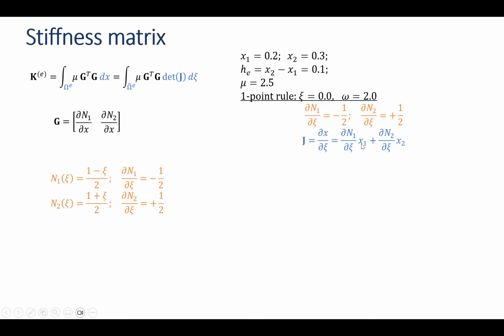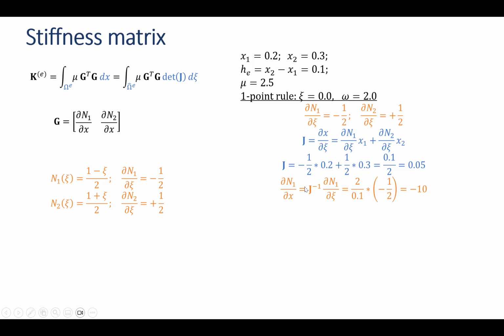So dN1 by dxi multiplied by x1 plus dN2 by dxi multiplied by x2. So dN1 by dxi is minus half. x1 is 0.2. dN2 by dxi is plus half. x2 is 0.3. So this gives us 0.1 by 2. So J is 0.05, and since it is just a scalar, J itself is its Jacobian,